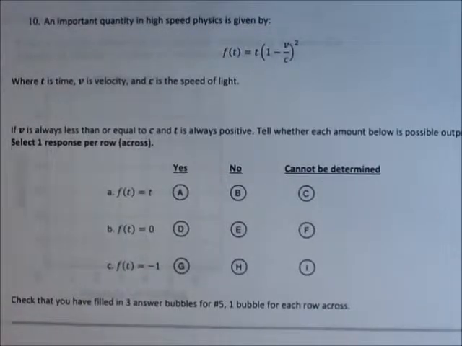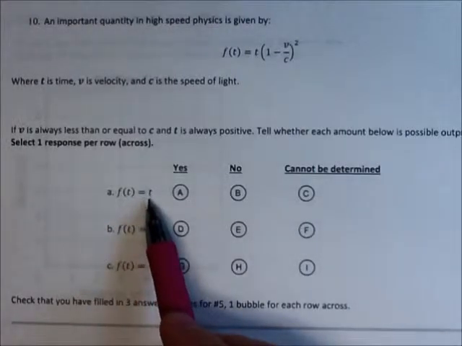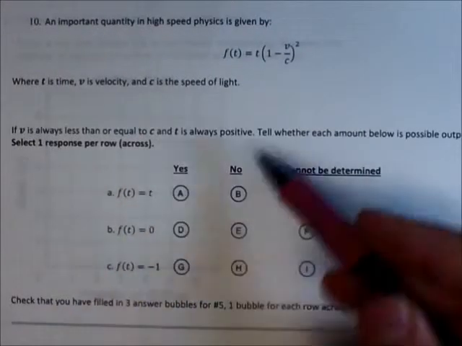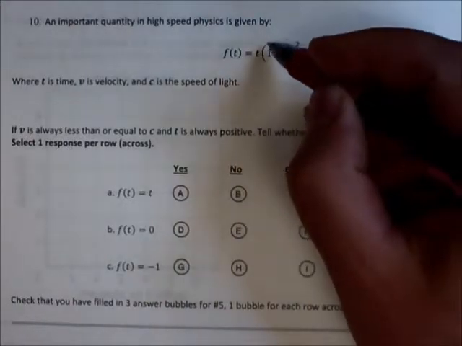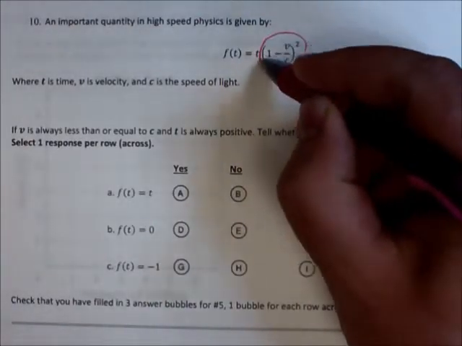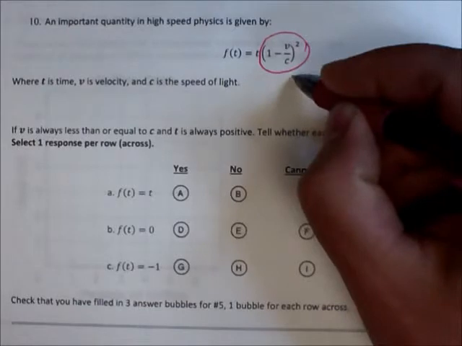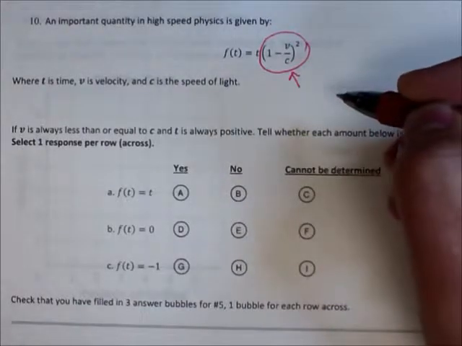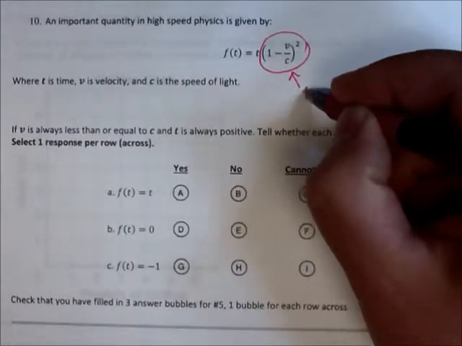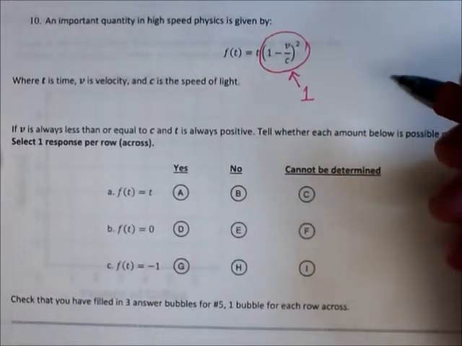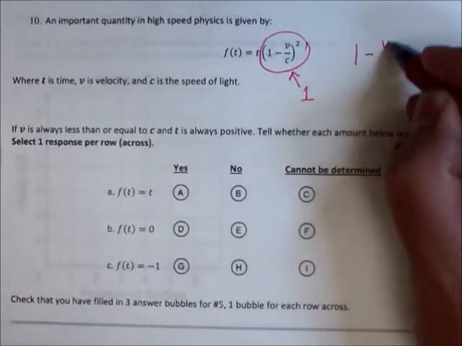Okay, so we're going to tell whether each of these quantities is possible as an output. So f of t is equal to t. Well, there's a t here. If this is going to be equal to t, this quantity right here would have to be equal to what? T times what would give us t? It would have to be 1. So the question is, can 1 minus v over c